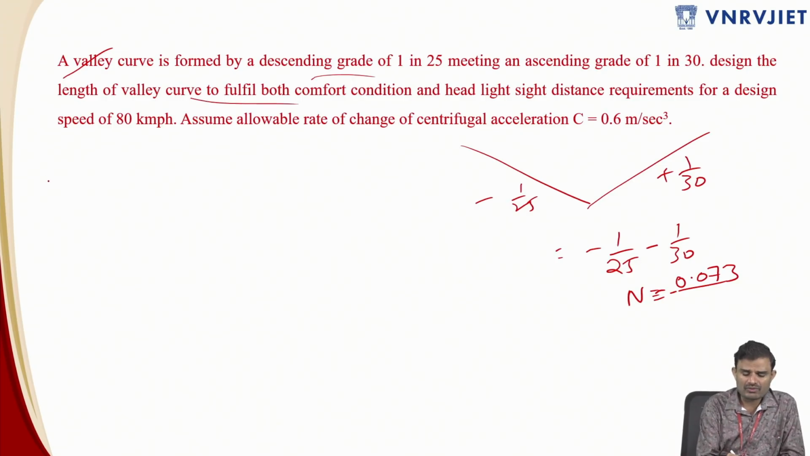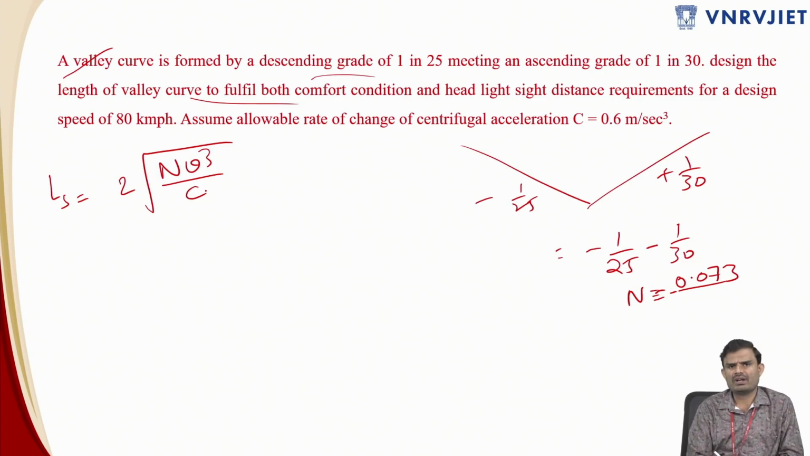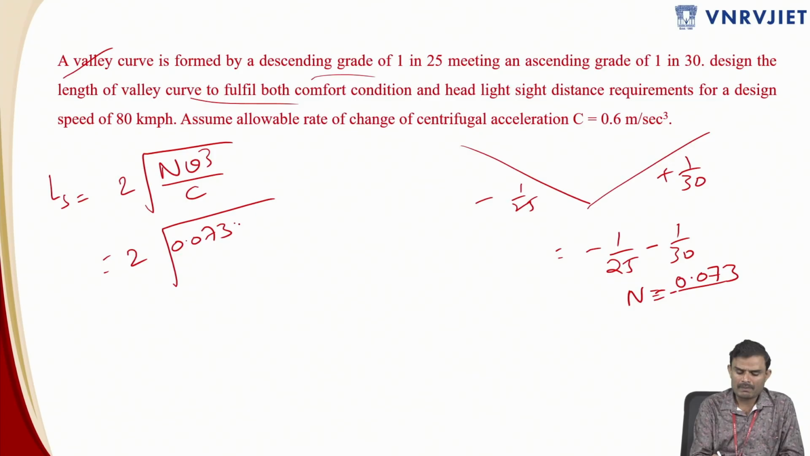Regarding the length of the valley curve, we have two conditions. One is Ls equal to 2 into under root of N V cube by C. Wherever we have C, that is an indication of comfort criteria. We know that we have to design for comfort because we feel less comfortable in a sag curve. That is why you have to take the value of C. So there are two conditions: one is the comfort condition, and the next one is headlight sight distance. So 2 into this n value 0.073 multiplied by V. You have to convert that 80 kmph into meters per second. You substitute the values accordingly, divide by C equal to 0.6, and this value will be